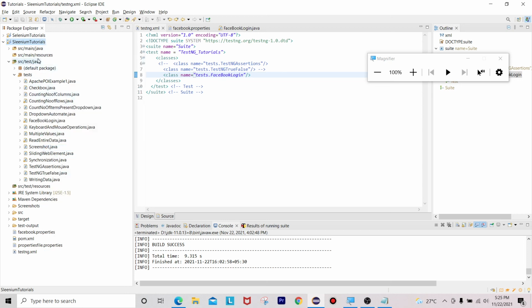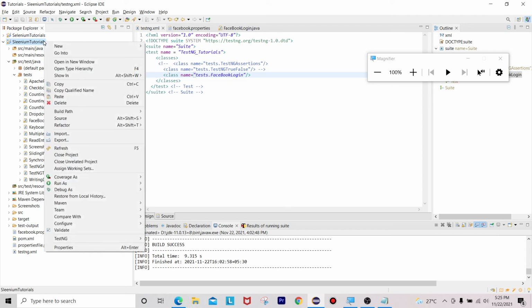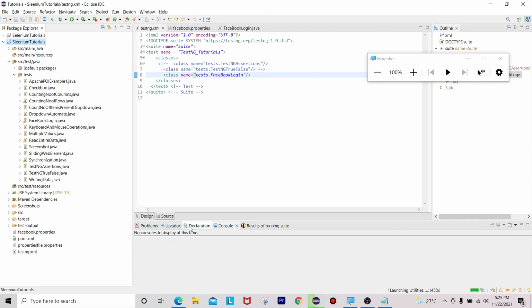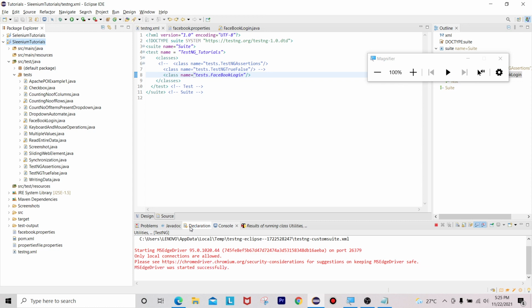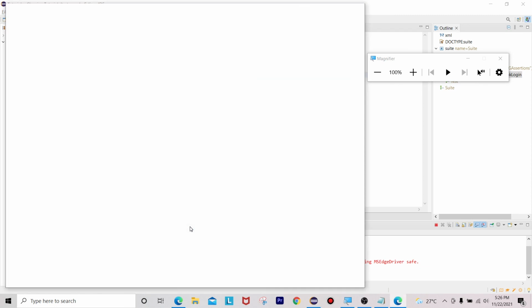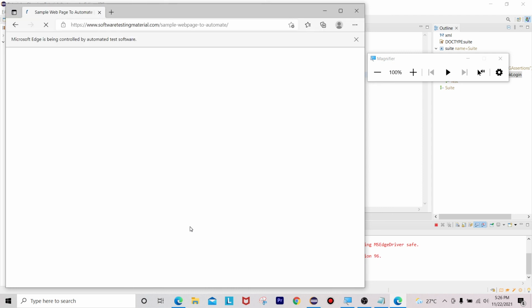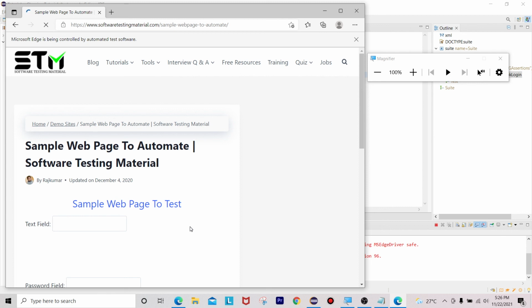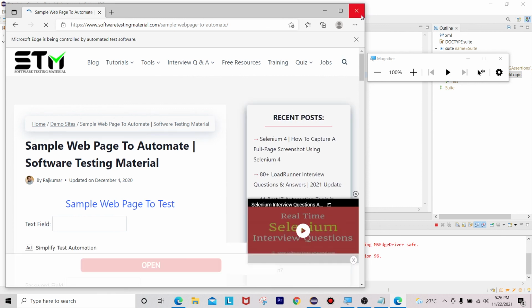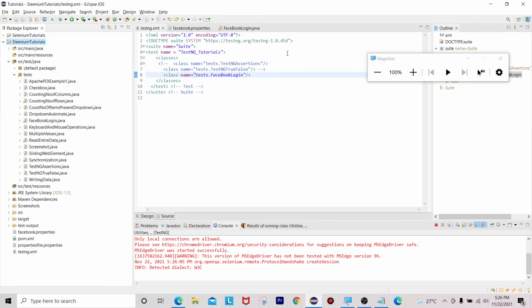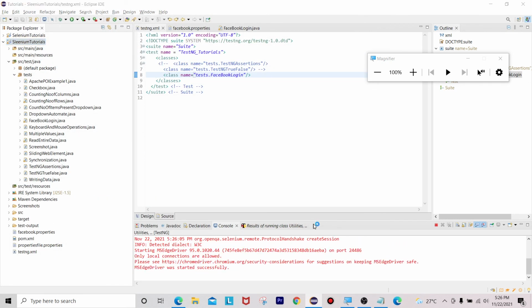Now right click on your project, run as Maven test. It is a very useful and also very important concept, so there can be a question from here also if you are attending any interview. See, software testing material, why, sorry, not this one, Facebook login, why is it coming.